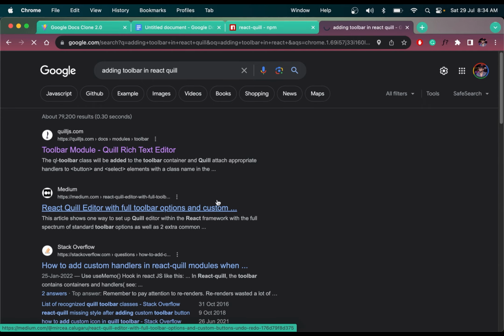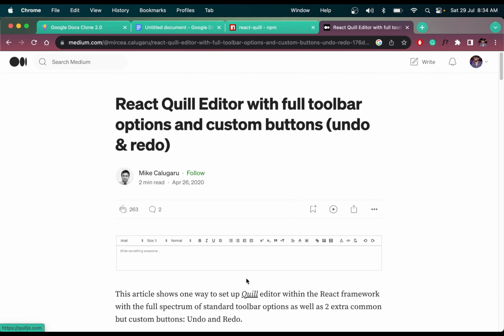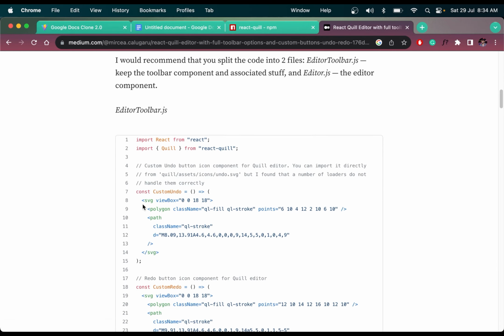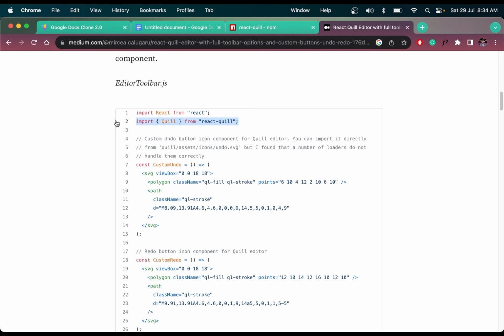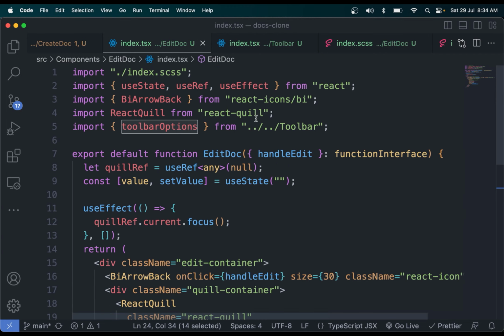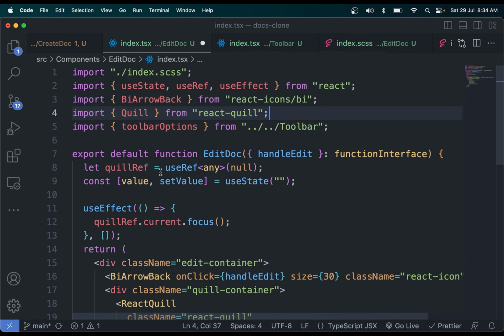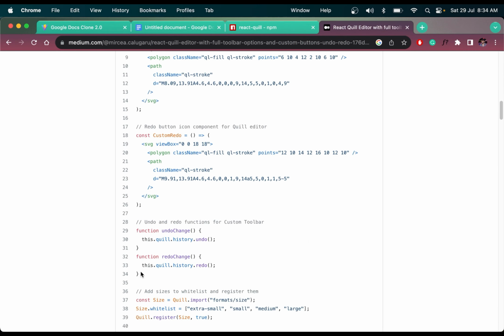So let me try this Medium article. I think yes, this is what we need. So we need Quill from React Quill. So have it here. Then, if I go down,